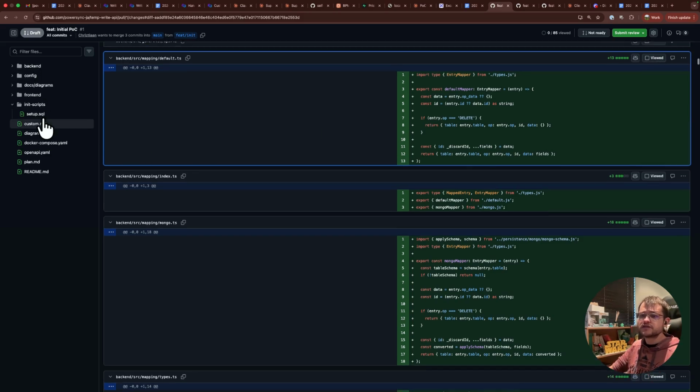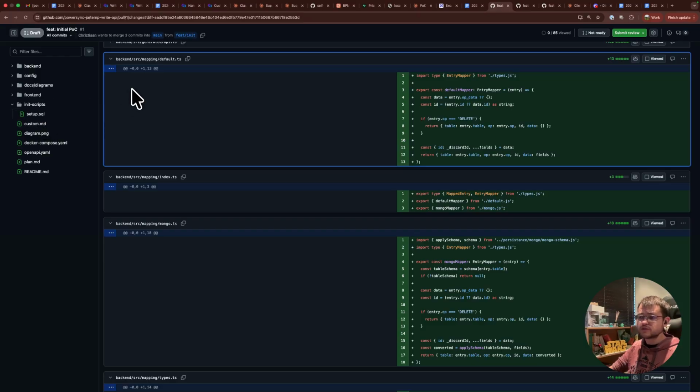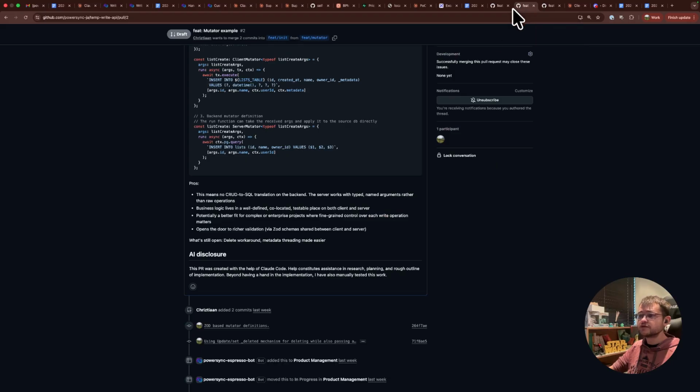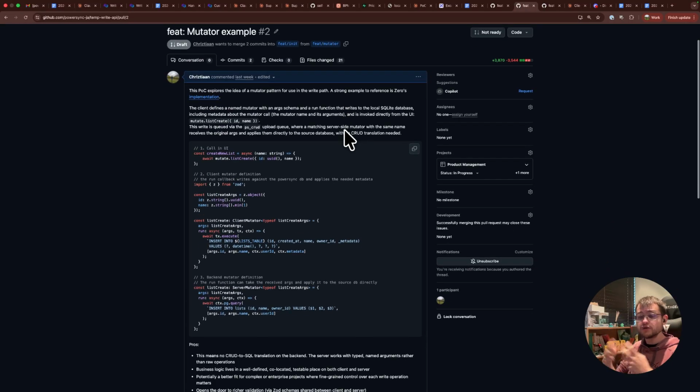So this is the essence of the first POC and what it touches on. It is very rough, but it is just introducing the ideas that I think we would love feedback on. So if we go to the second PR, which is this idea of a mutator pattern,